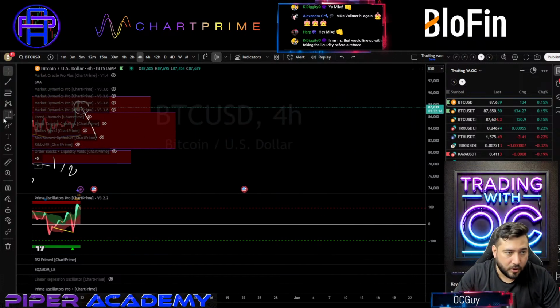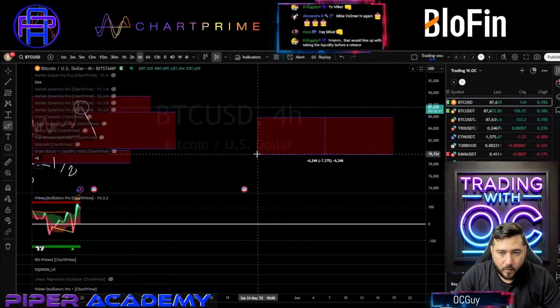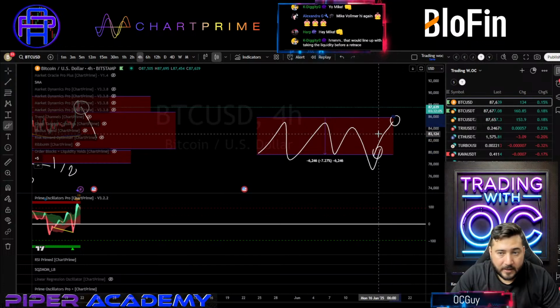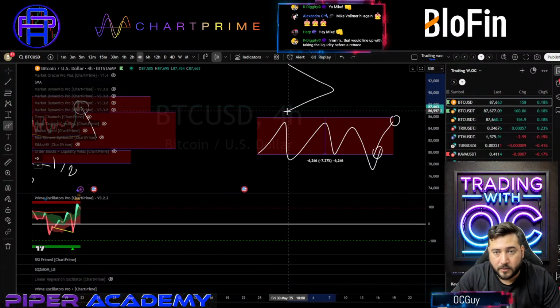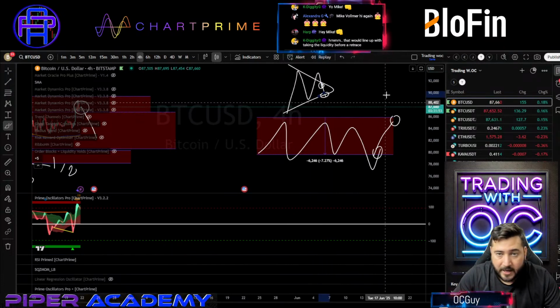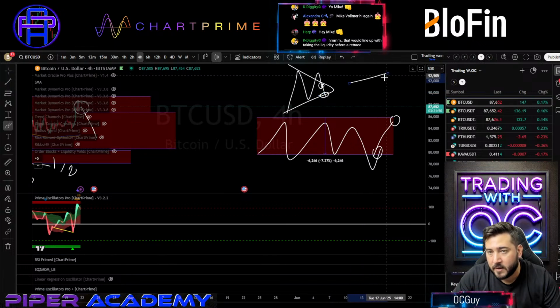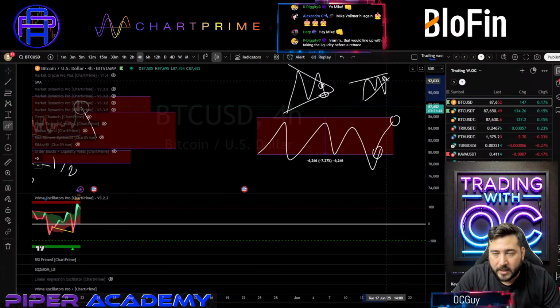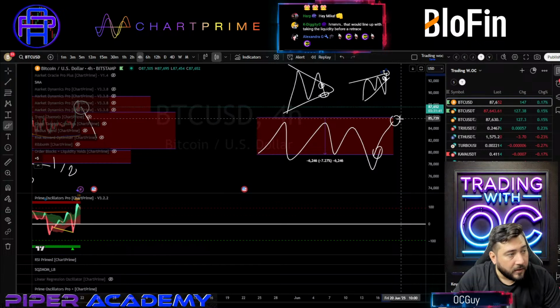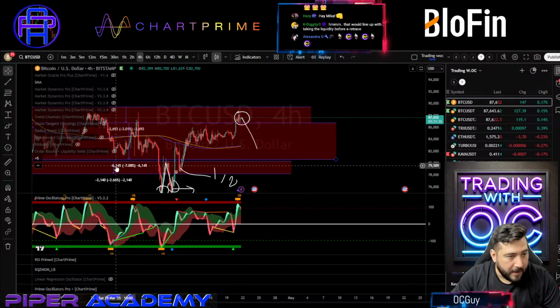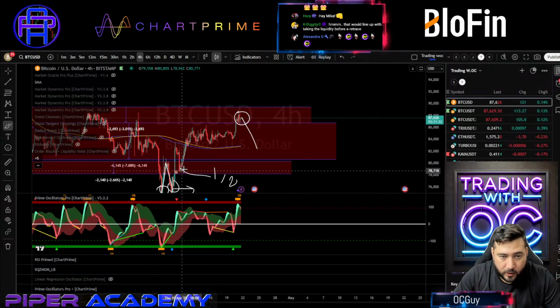So basically, let me just show you. Let's say that we have a range. We have bouncing, bouncing, bouncing, fake out, close back inside. Usually that means we're going to be hitting the top of the range, right? When we have a triangle and we have up, down, maybe a fake out, and then we close back inside, the possibilities of hitting the other side of the pattern become very dramatic. The same the other way around. Maybe we have a rising wedge, we do like this, and then we start closing right here. Then the chances of hitting the other side of the pattern become very big. All right, so the same thing happens with this pattern here with the range. So basically we close back inside.